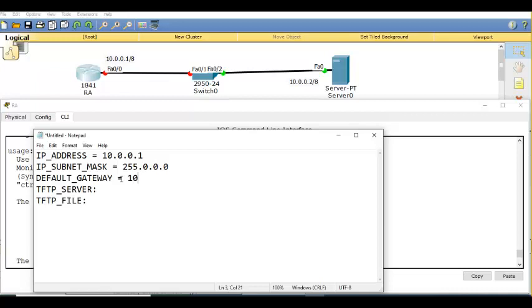You can put your own address, nothing wrong. 10.0.0.1. Now, what is the TFTP server address? 10.0.0.2. What is the file name in that server? 7.bin. This you need to paste one by one.